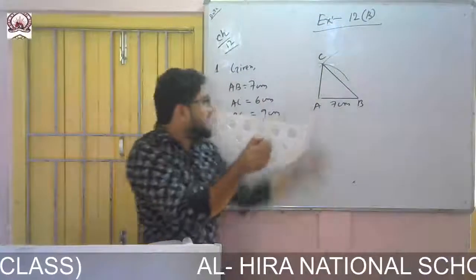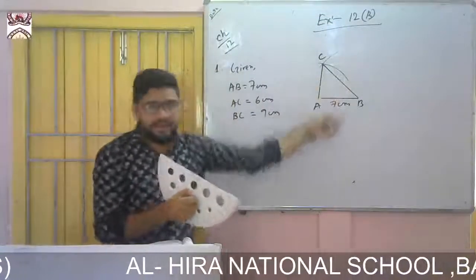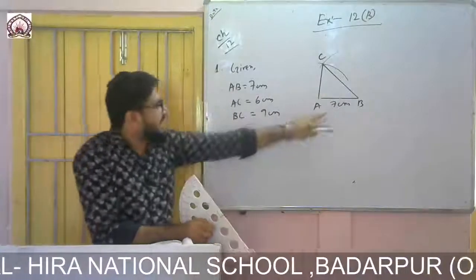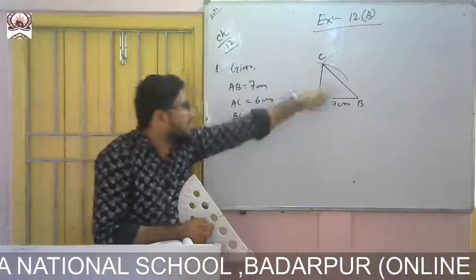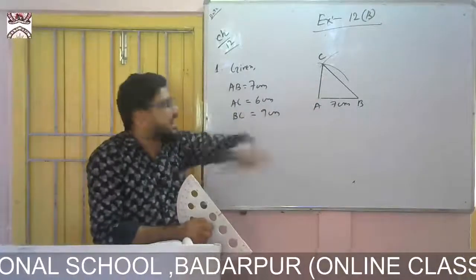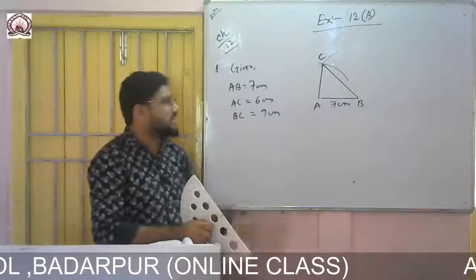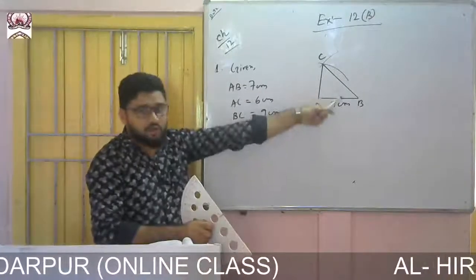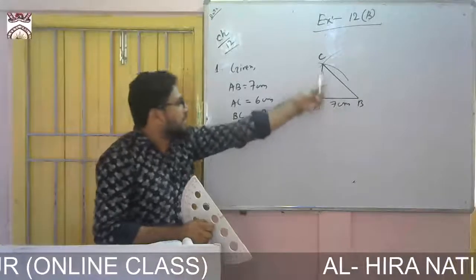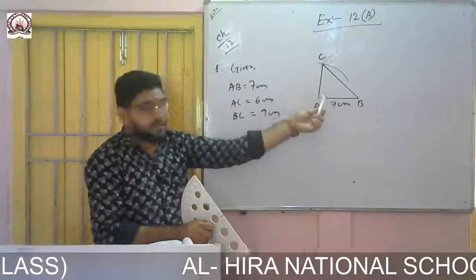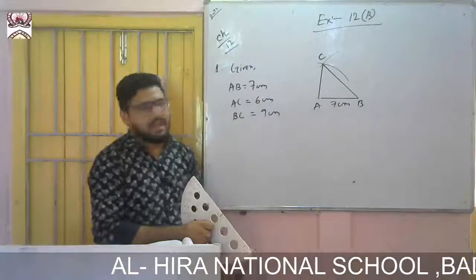After that you add. If the sum of the three angles comes to 180 degrees, then your construction is correct. If the sum of the three angles doesn't come to 180 degrees, then your construction is wrong. So you check this one at your home, because here I cannot draw exactly, so it will not come to 180. But whenever you draw following the steps I have shown, then you will get exact angles.